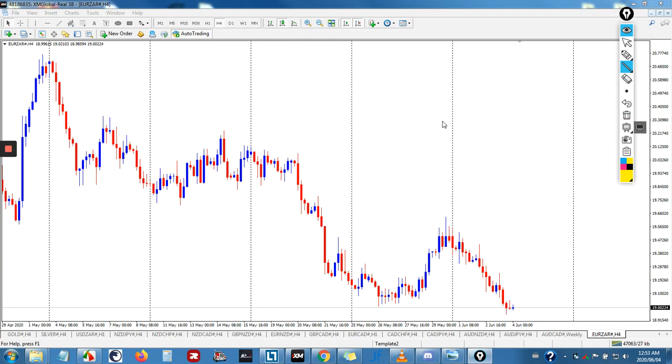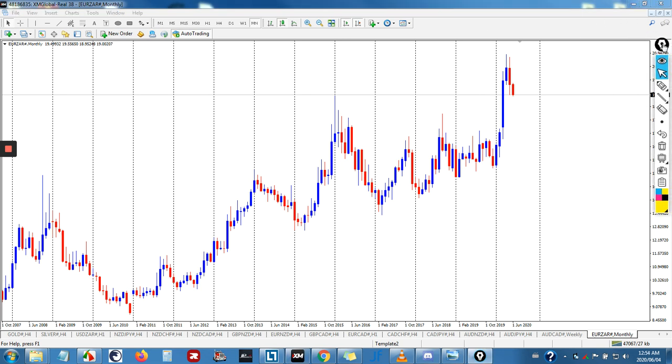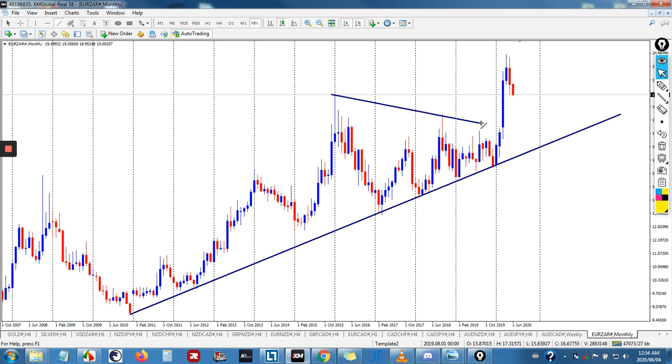That's where I think I do have an example that will be clear for you. So let's go straight to the monthly, and I'll show you what I see. On this monthly, just by looking at this chart, it didn't take me more than 5 seconds to see this trend line here. Also, it didn't take me more than 10 seconds to see this triangle, because as you can see, as the market was going up, pull back, up, pull back,